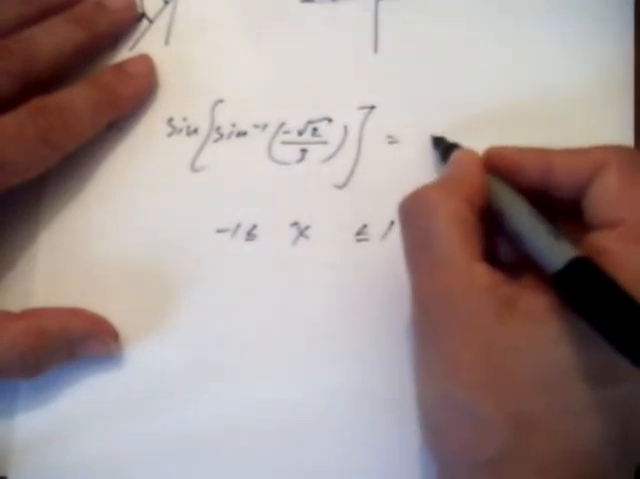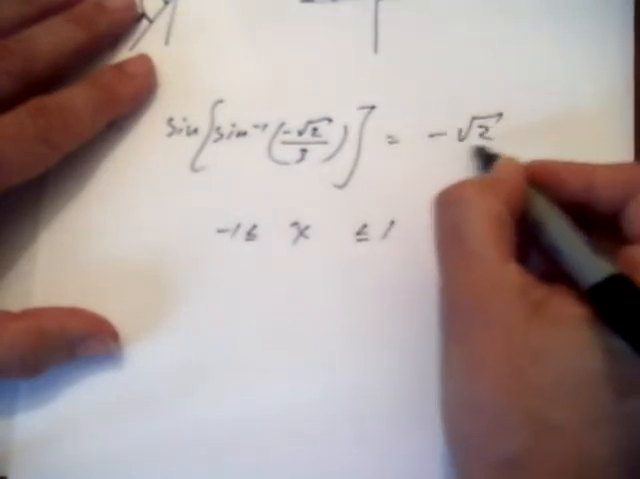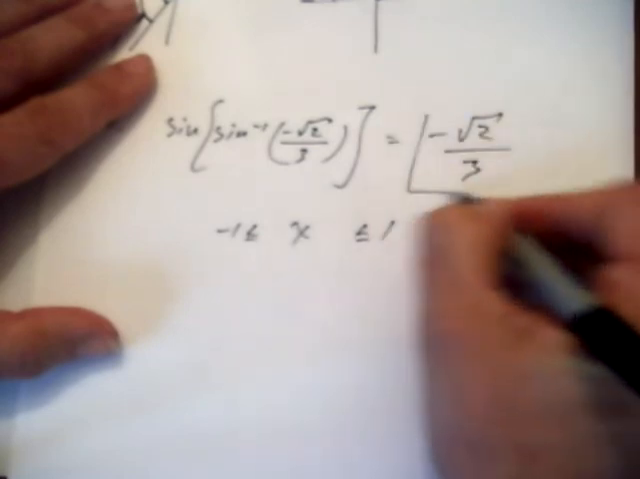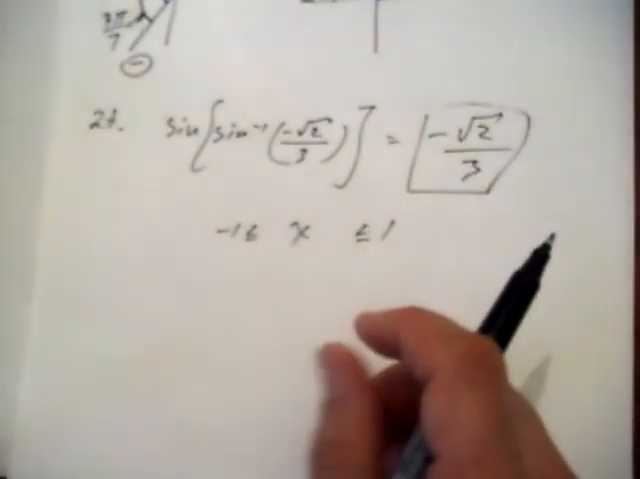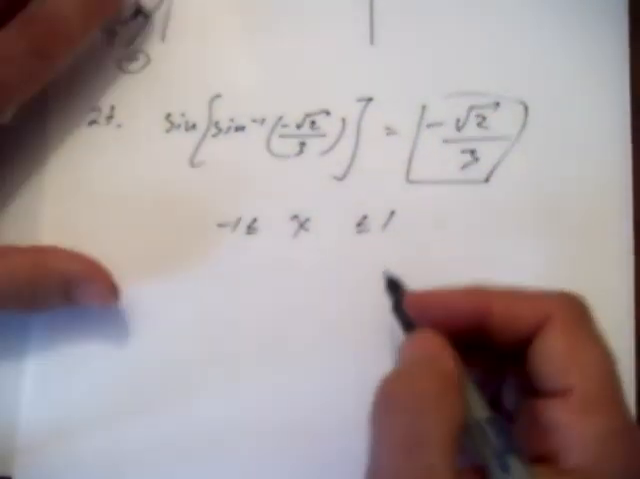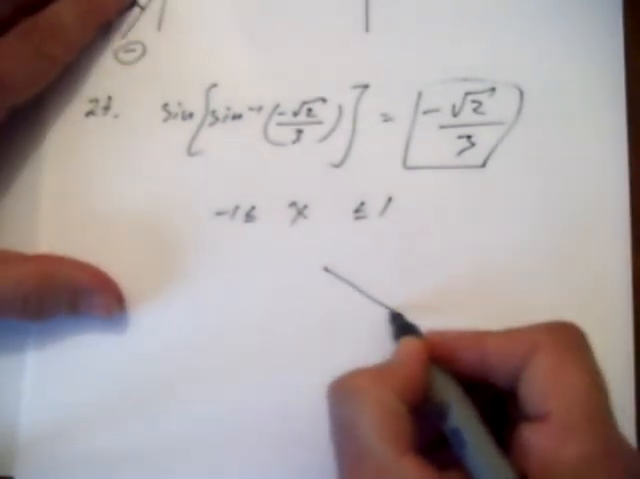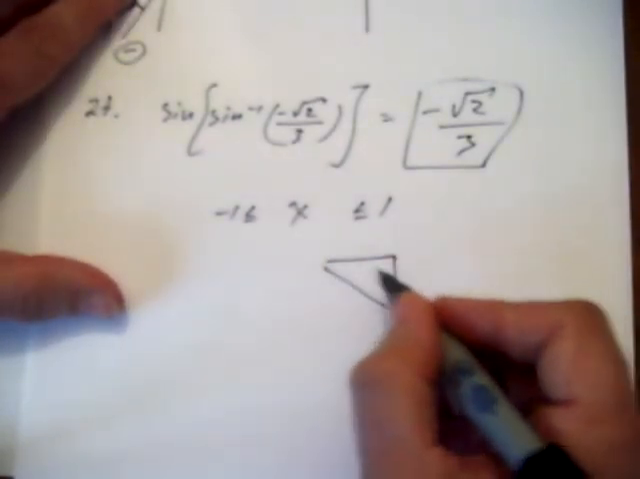So the answer is, this is a read-through problem. However, let's say you did not realize that. You could do the triangles, label the triangles like this. So this is